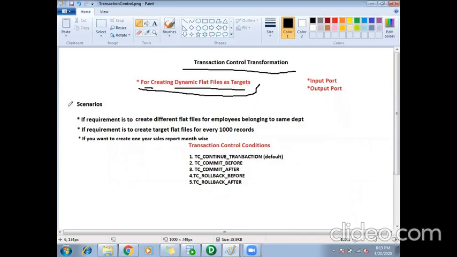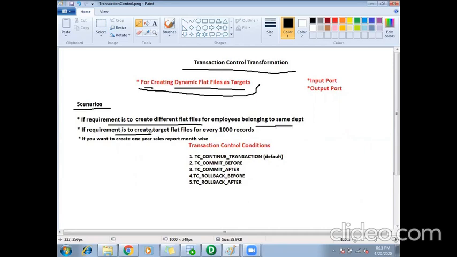In an interview, we can see some scenarios where we can use this transaction control. Like I first told, this one we just discussed: if the requirement is to create different flat files for employees belonging to the same department. And this is one scenario.